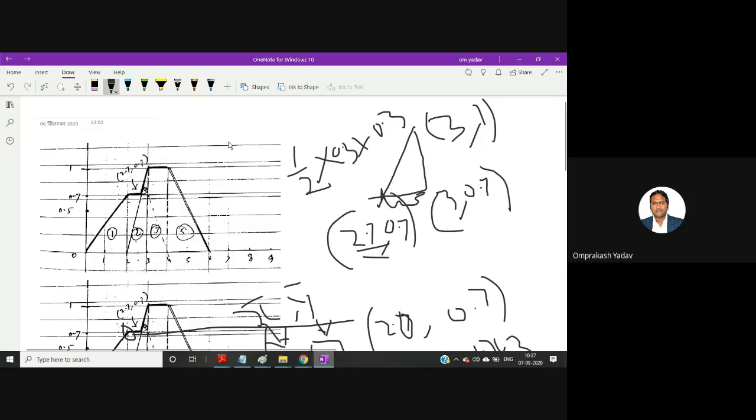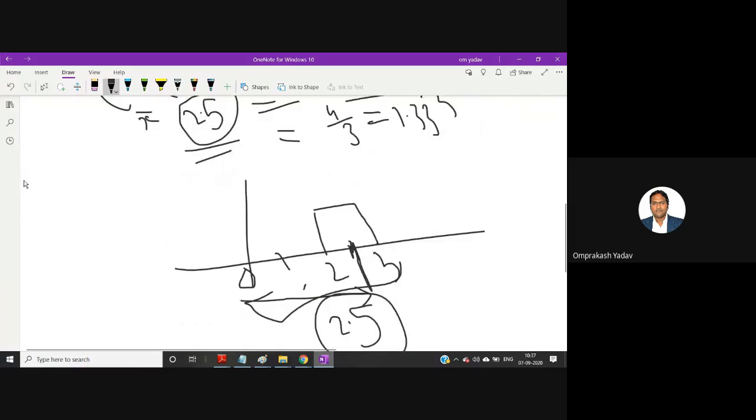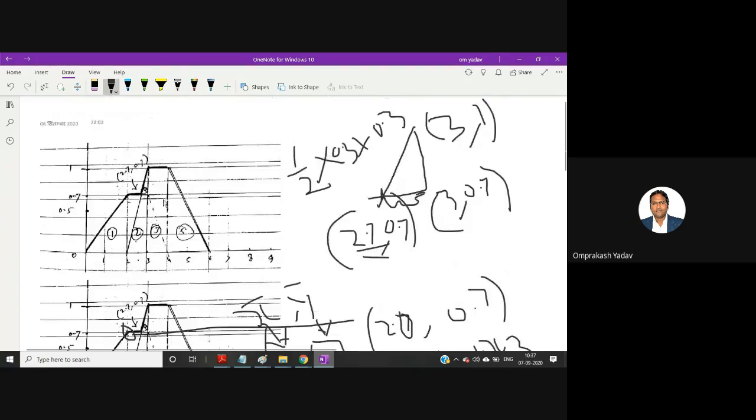The intersection point we determined, see, we had the equation of both lines. This line is parallel to the y-axis, and its equation is what? y equal to 0.7. So there are two lines. One is y equal to 0.7, so this line is parallel to the x-axis, and another line is given, y equal to x minus 2. So this line is this one. This line equation is given.